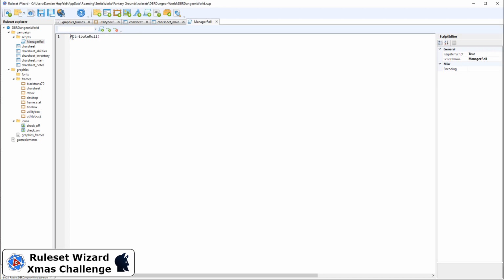We're going to call this function, and the Ruleset wizard sends 3 set variables to it, or 3 arrays, 3 strings. So we've got our source, our target, and our role. And I think actually this needs to be manager roles, not role. Okay. Anyway, function attribute role. What we're going to do here is